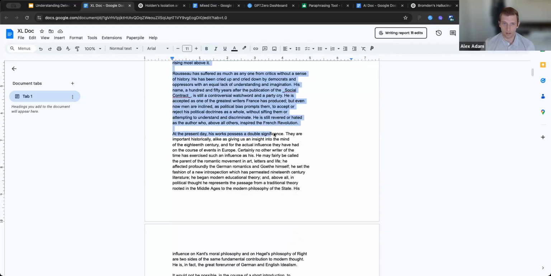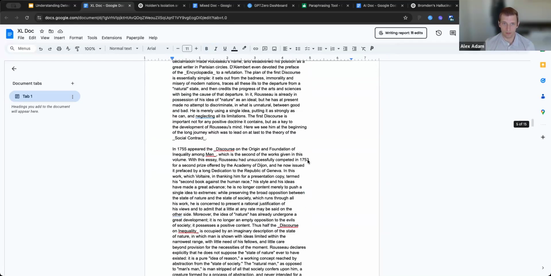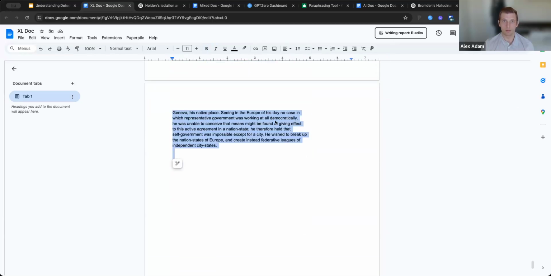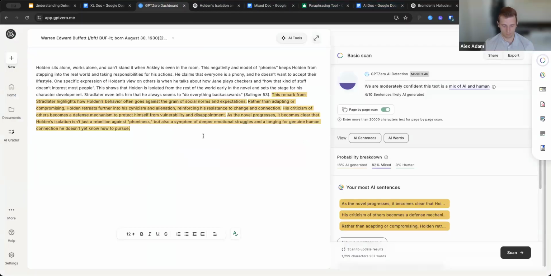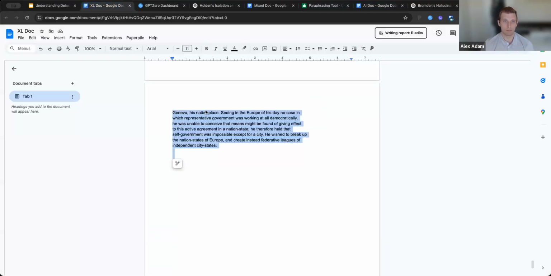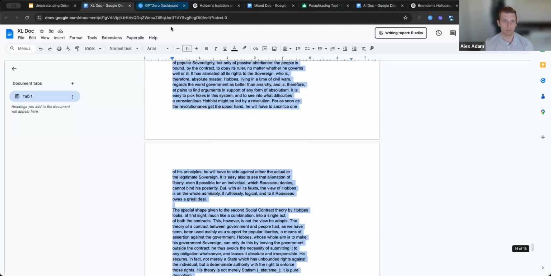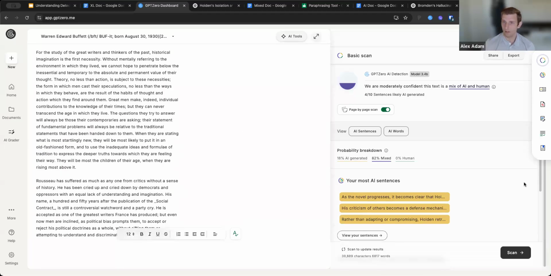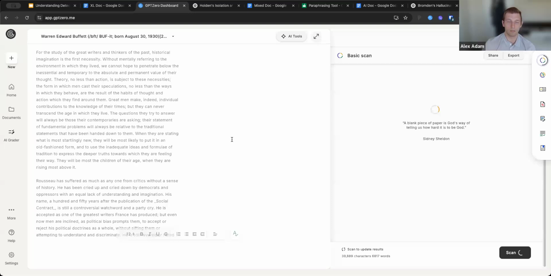So this is quite a long text that we have. So we pasted it in. Let's give it a scan. It might take a bit longer because the text is so long.